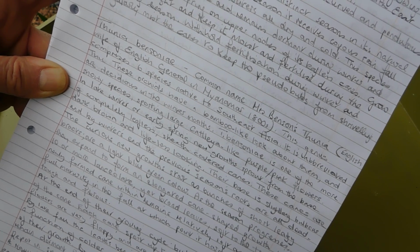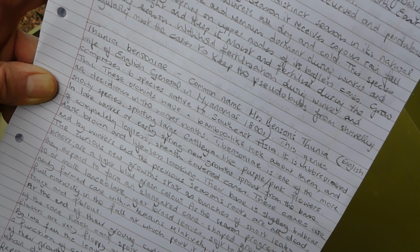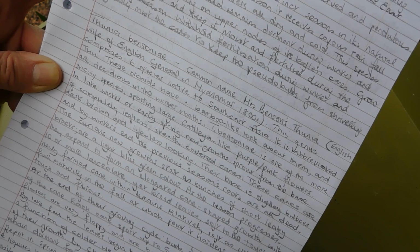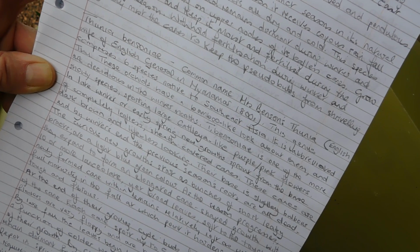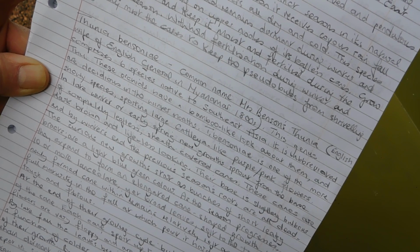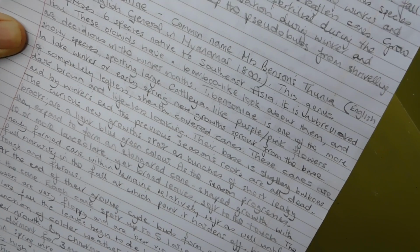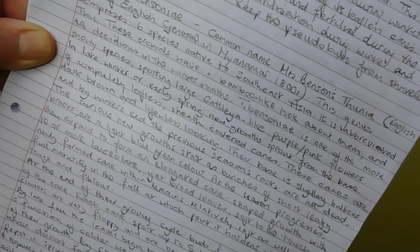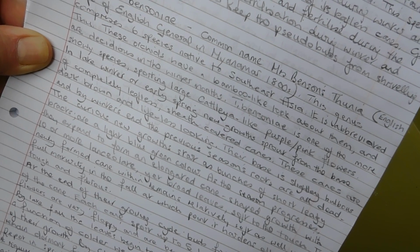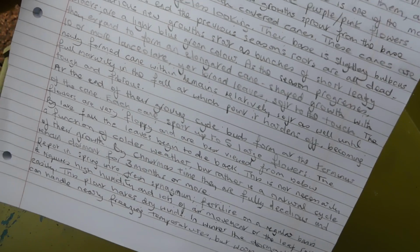Now this is, or can be, a terrestrial orchid. Bensonii is one of the more showy species, sporting large cattleya-like purple-streaked pink flowers. In late winter or early spring, new growths sprout from the base of completely leafless, sheath-covered canes. These canes are dark brown and lifeless looking. So as you carry on all the way down there,